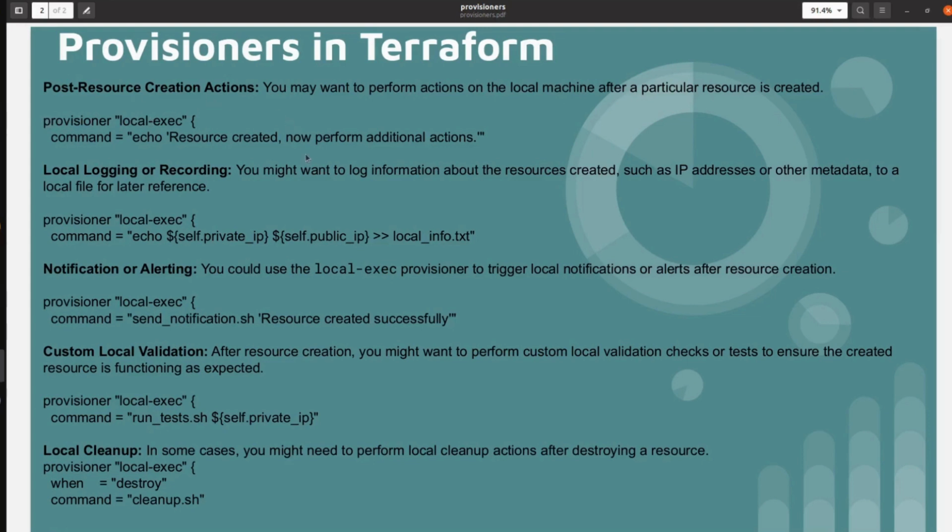Suppose whenever you are creating one EC2 instance, you want to display a message that your resource EC2 instance is created successfully. If you want to display this message as output, then you have to use local-exec provisioners. Let's go and see how we can do it.